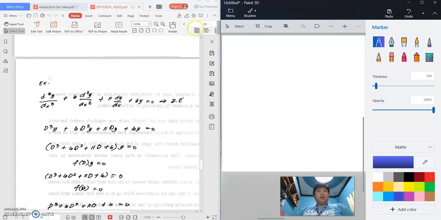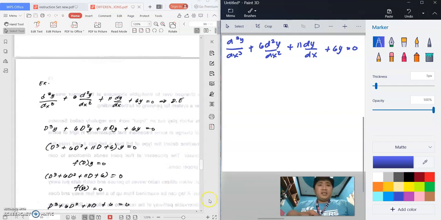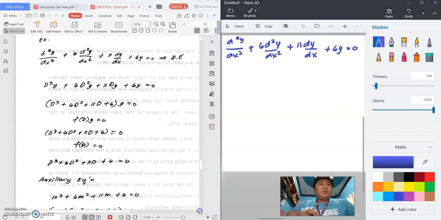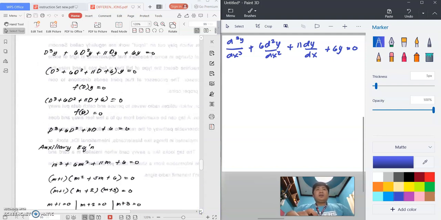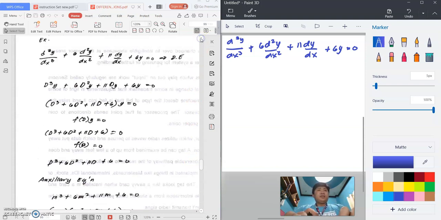So, but this example gives you a differential equation, right? So, d cube y over dx cube plus 6d squared y over dx squared plus 11 dy over dx plus 6y equals 0. Okay? So, but in this case,